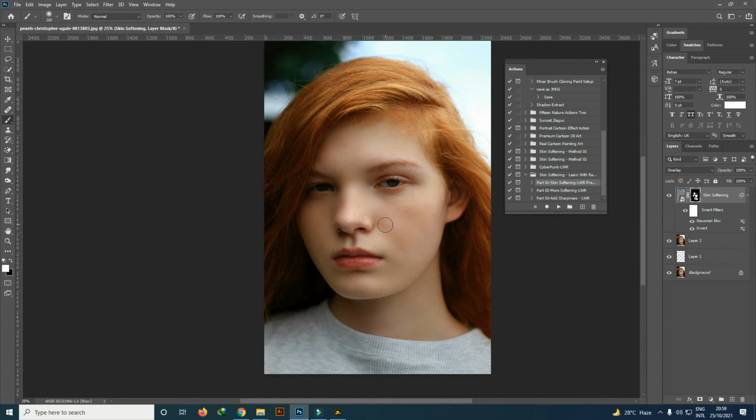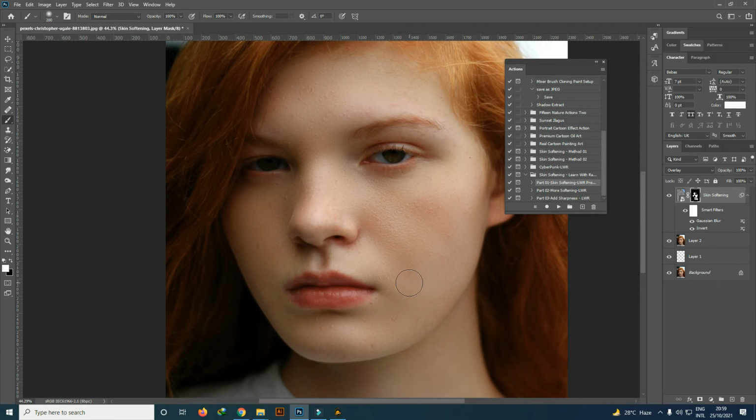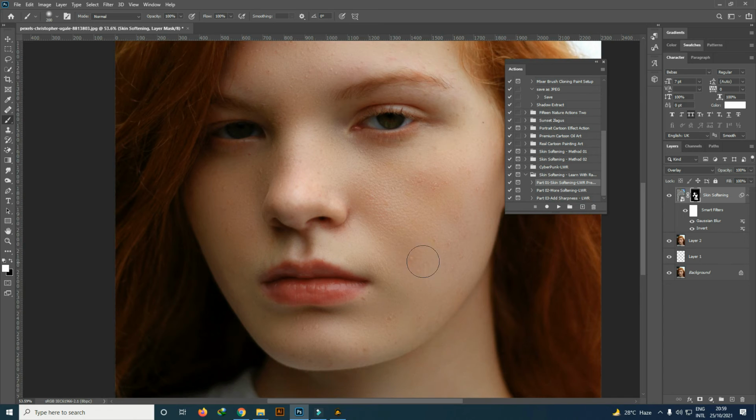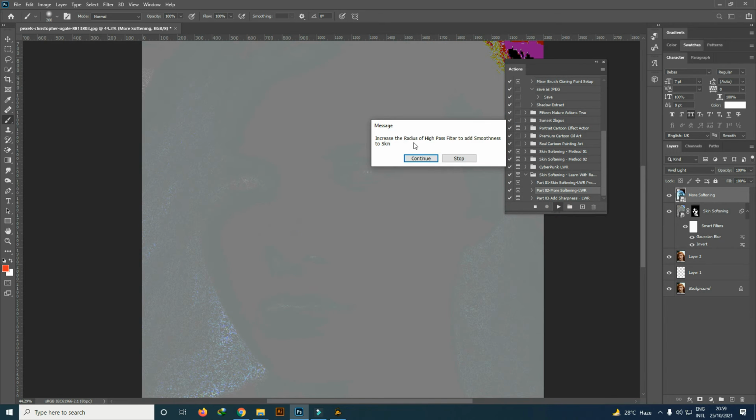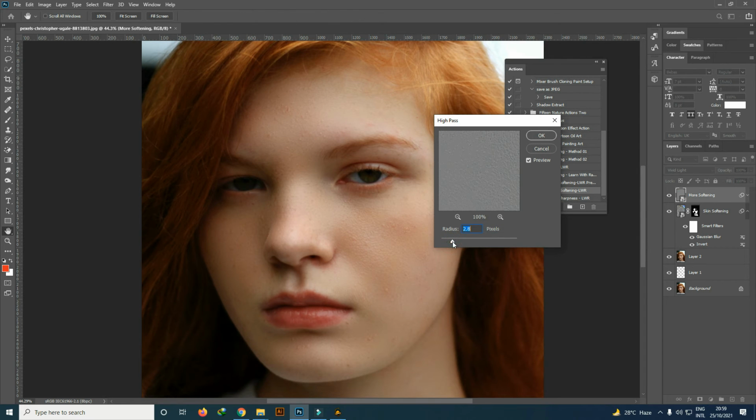So part 1 is done. Still we can see some minor marks here and there. We can use the spot healing brush tool to do this, but why not try part 2, because we have more softening. So let's try part 2. Okay, it says increase the radius of high pass filter to add smoothness to skin. Okay, I keep increasing the radius until I see these